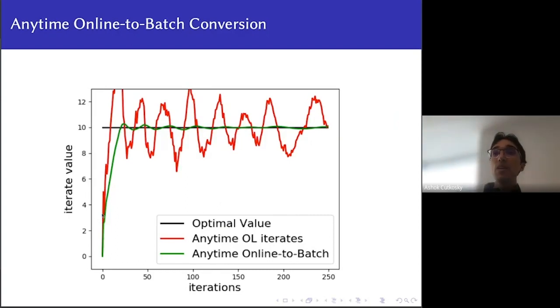We have the anytime iterates of gradient descent, and the online learner is indeed overshooting wildly. It's doing this horrendously weird, high amplitude oscillation. But that's actually kind of irrelevant, because this is just some internal state of the optimizer. What really matters to us is the green iterates, the running averages. The running averages very quickly reach 10. They also have some oscillatory behavior, but it's very quickly damped out. If we flip back and forth between these, you can see that the green iterates are actually the best thing. Even though the algorithm looks dramatically strange, it actually performs pretty well.